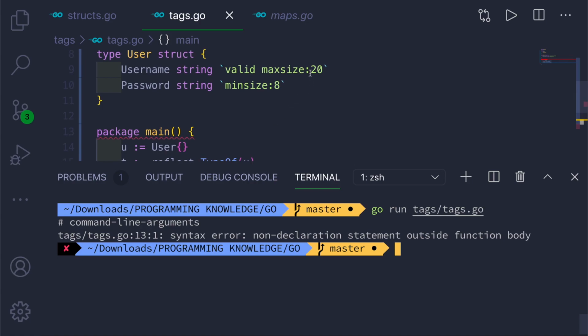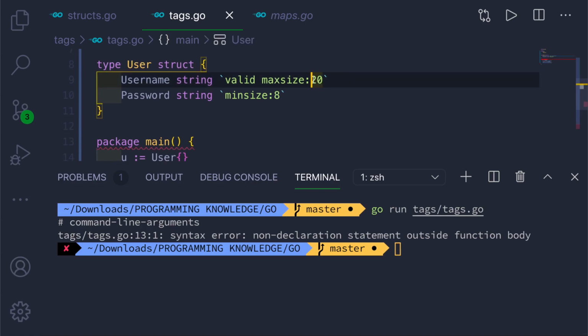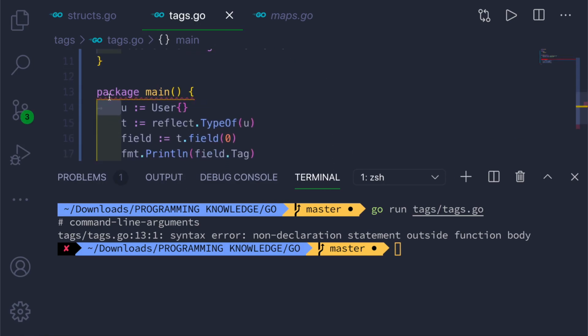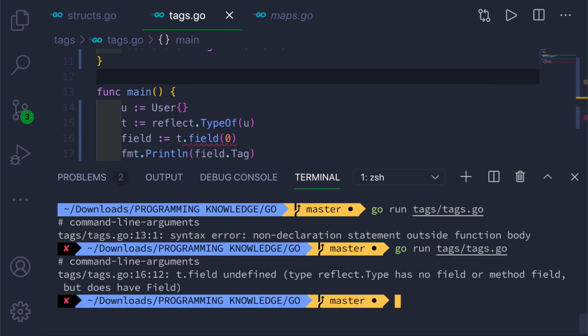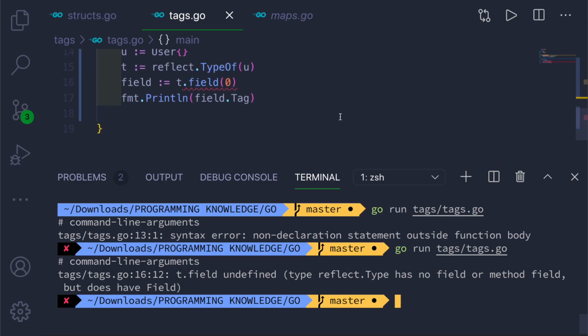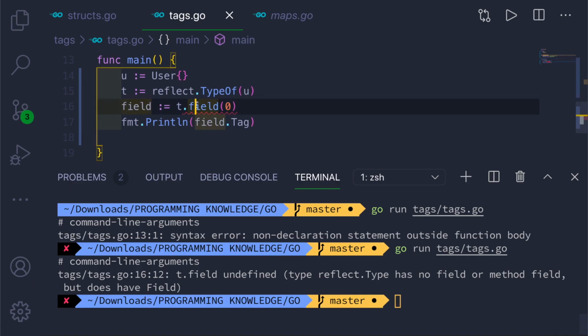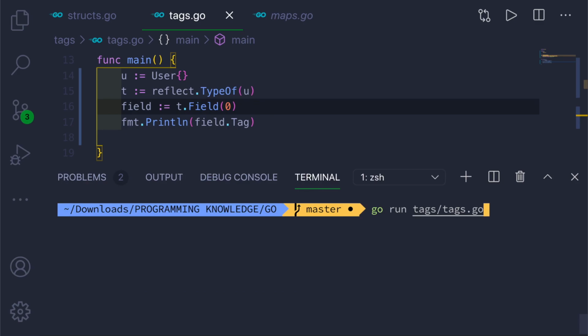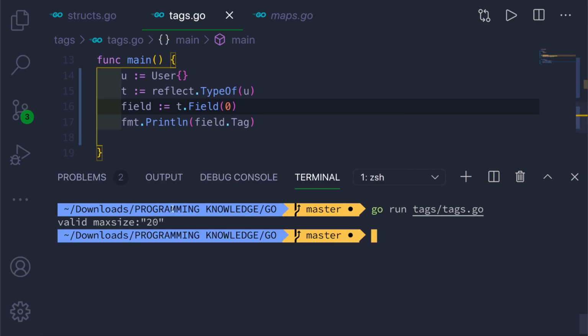We have to give the values in double inverted commas. So these are key and value pairs. And one more thing is func main here. Let's run this. This should be capital F. Let me clear this and we'll run it again. And we got the tags valid and max size is 20.